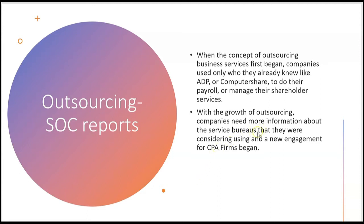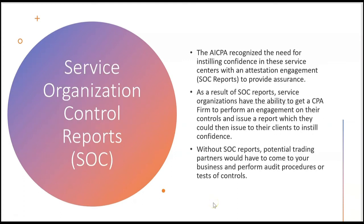Now, with the rapid growth of outsourcing, companies need more information about the service bureaus that they're considering using. So there's a new engagement for CPA firms because the AICPA recognized the need for instilling confidence in these outsourcing services and these service centers. So there's an attestation engagement called a SOC report designed to provide assurance. And as a result of SOC reports, service organizations have the ability to get a CPA firm to perform an engagement on their controls and issue a report,